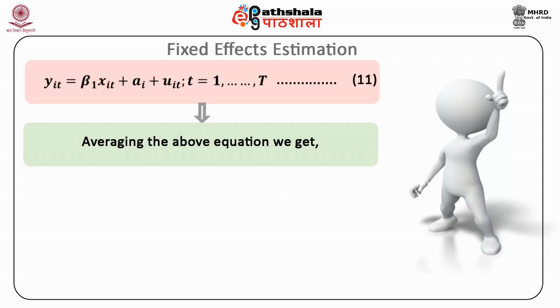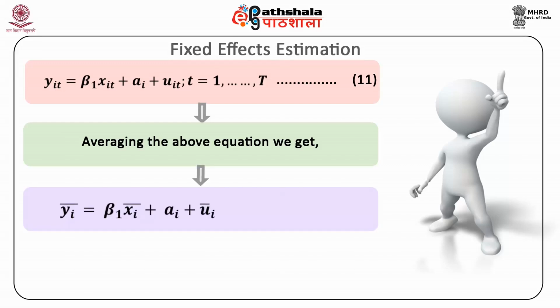Averaging the above equation for each i, we get y_i bar is equal to beta 1 into x_i bar plus alpha_i plus u_i bar. This is our equation 12,